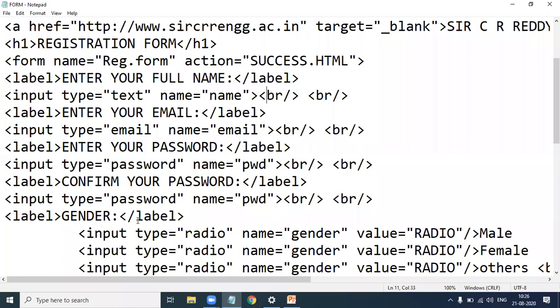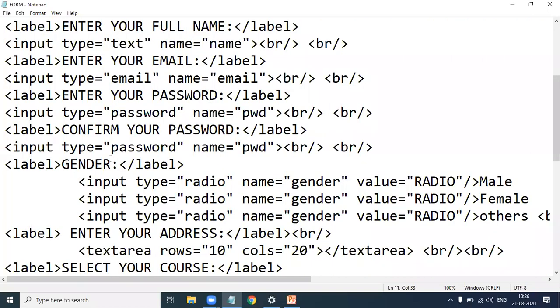Next, gender, label equal to gender. Here I give input type radio. Why? Because if we give a radio button, it selects only one item from this list, only one item from the list.